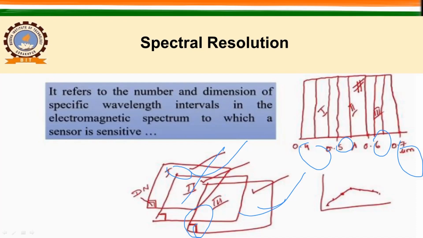In case your sensor is capable of resolving more bands or a smaller bandwidth, for example 0.4 to 0.41 is the first image, 0.41 to 0.42 the second image, and 0.42 to 0.43 the third image. And likewise, if you have several images, your measurements or values will increase. So now you will understand what I was trying to show you in this spectral resolution part.